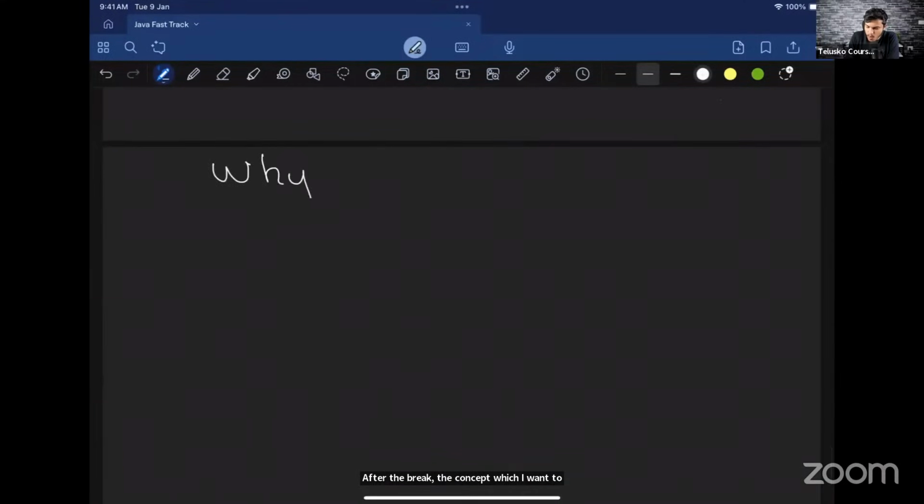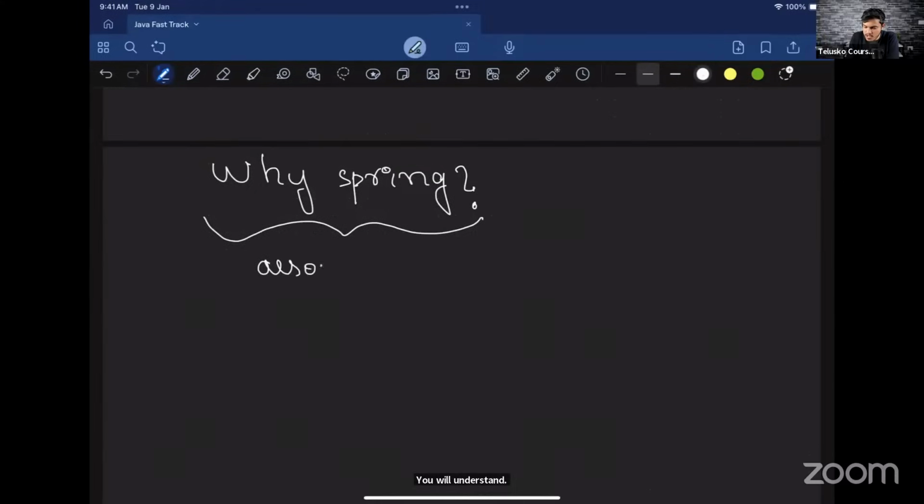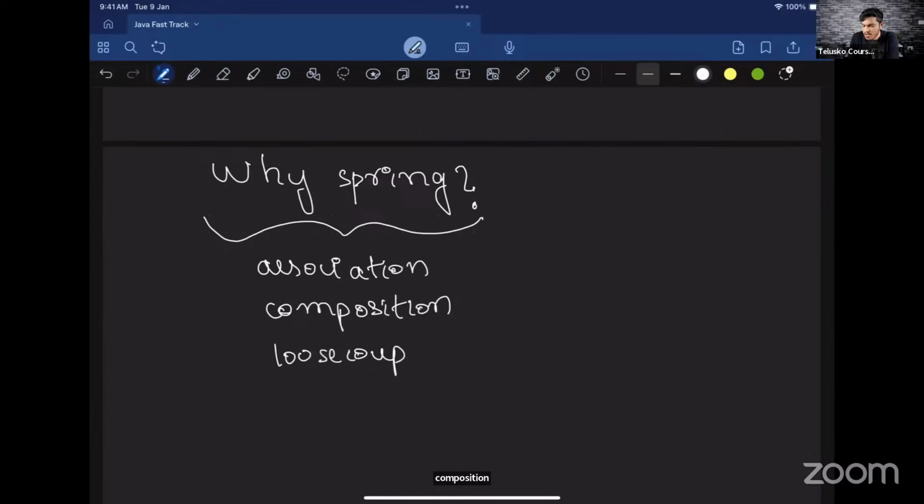I will discuss why Spring Framework. In the umbrella of why Spring Framework, you will understand what we call association, composition, the concept of loose coupling, tight coupling. You'll understand the real use of